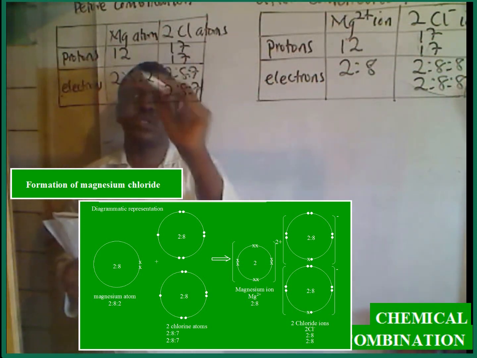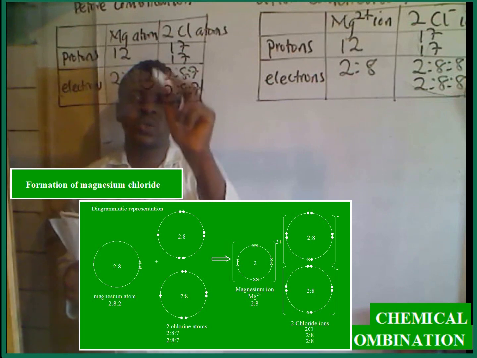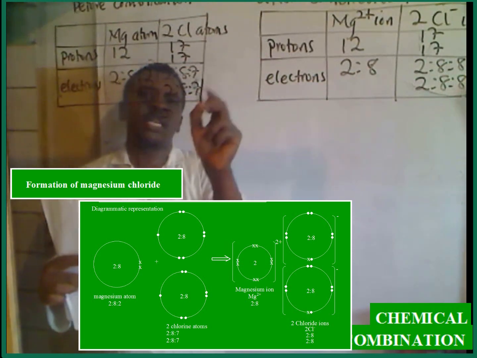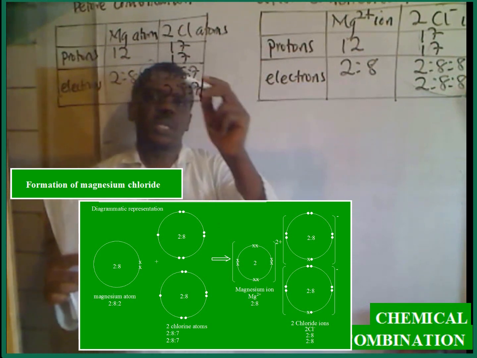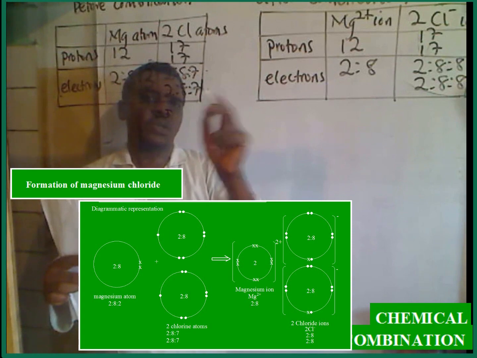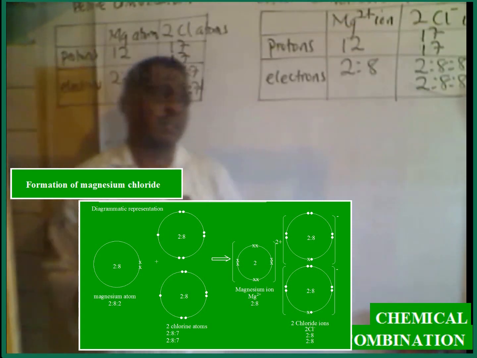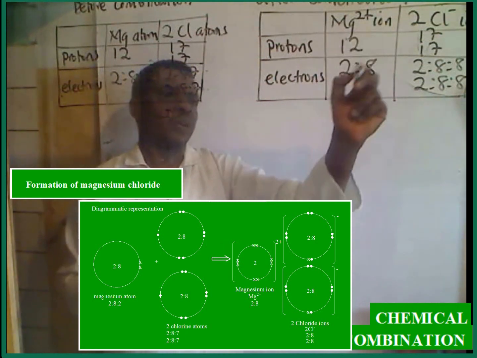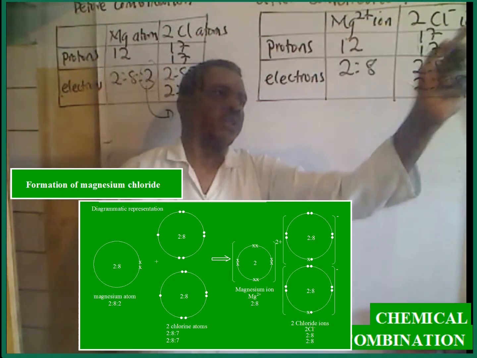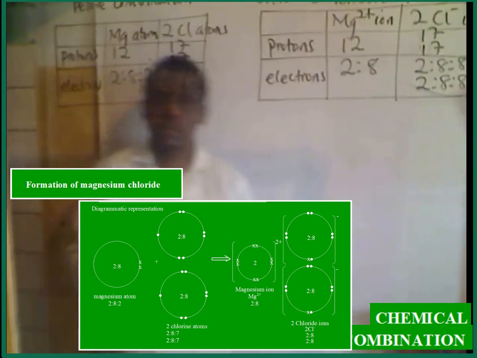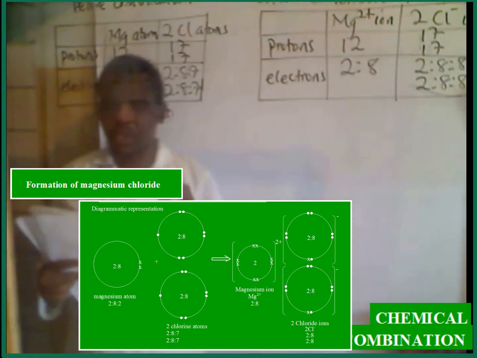Here, the magnesium atom loses its 2 electrons, and each of the chlorine atoms can only gain 1 electron. So, the first chlorine gains 1, the second chlorine atom gains the second electron. This leads to the formation of magnesium ion and 2 chloride ions. Using the diagrammatic representation, we can have